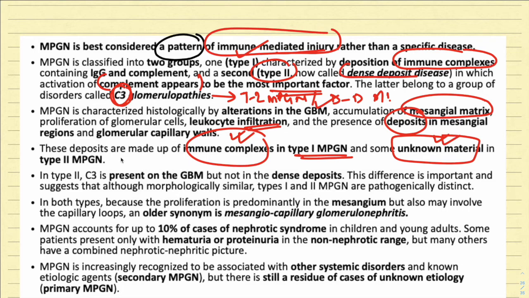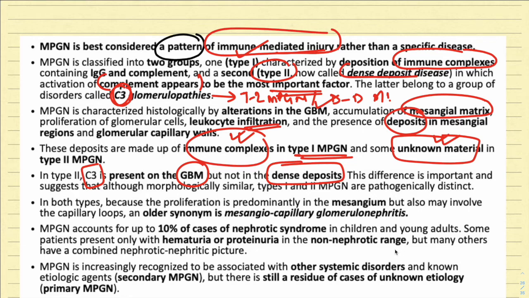But also in type 2, only in the glomerular basement membrane you will see the C3 deposit. You will not see the C3 deposit in the dense deposit or the unknown material deposit in type 2. So remember this point very carefully. C3, although present in type 2 MPGN, is present only on the GBM. In the electron dense deposits, you will not see any known material. It is of unknown material that has not been seen. Okay. This is a very